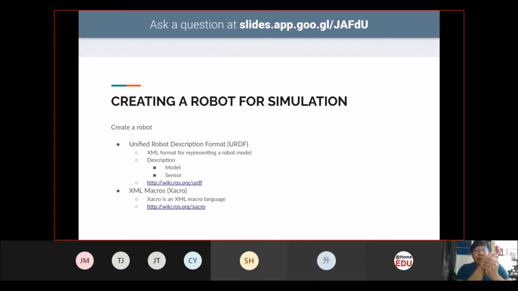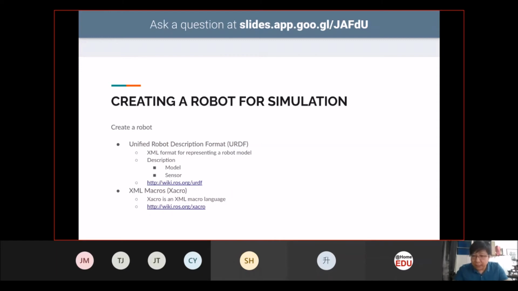I'll be using these two to describe the robot you saw in the picture before. A few slides back, you have seen the robot that we have developed. Over here, I'm going to share with you the robot that we have developed also.